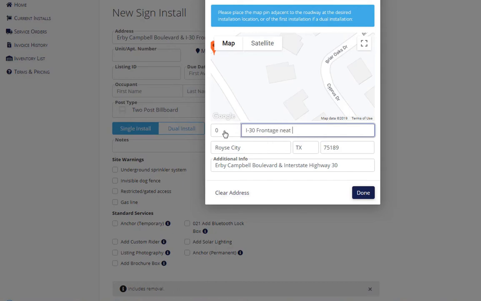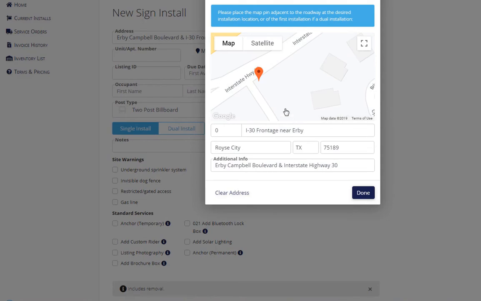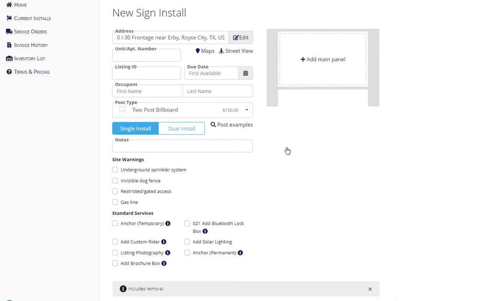near Irby. Now, keep in mind that the installer is going to be navigated directly to this location using this pin. So this information here is mostly for his or her consumption, just a little general information, but they're going to go right to where that pin is. So we're going to say that's done, and we've in fact specified that. If we want to add additional notes, we can go ahead and do that. That's how we go about specifying an intersection for sign